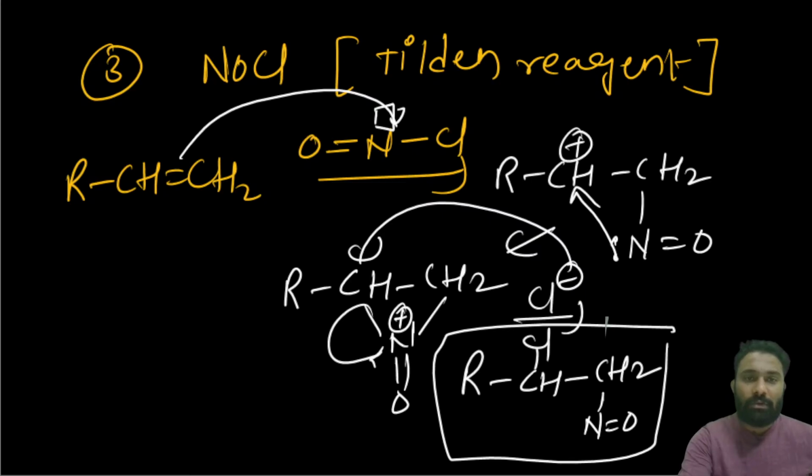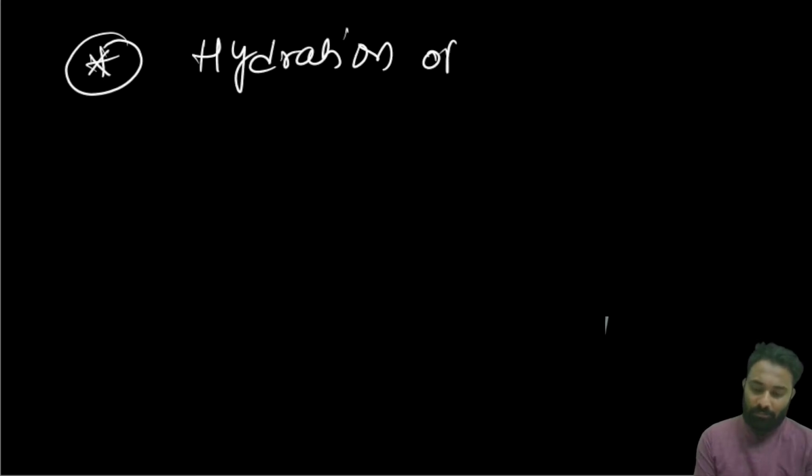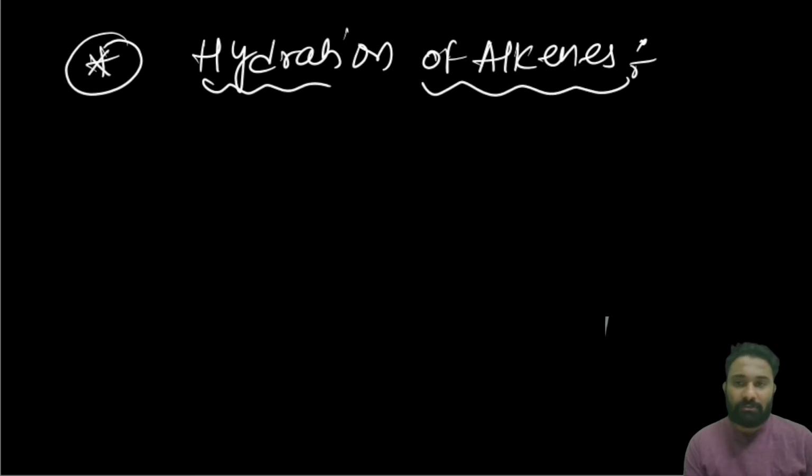The first one we are going to see is addition of H2O in the presence of H2SO4. Clear? Now a very important reaction that we are going to see is hydration of alkenes. In the hydration of alkenes, we have 3 types of hydration. First one,